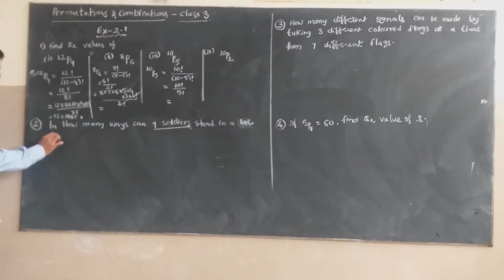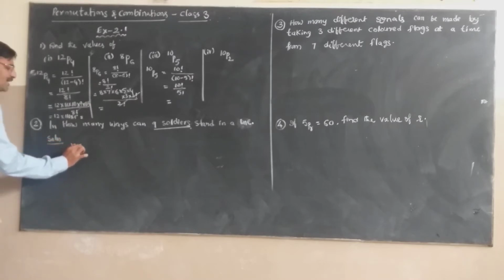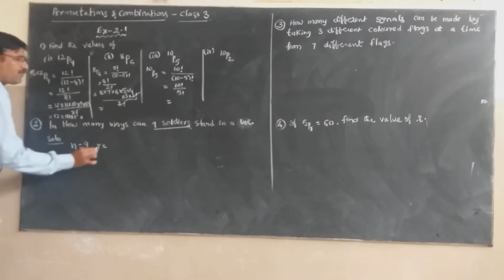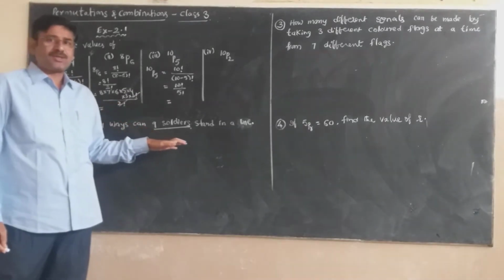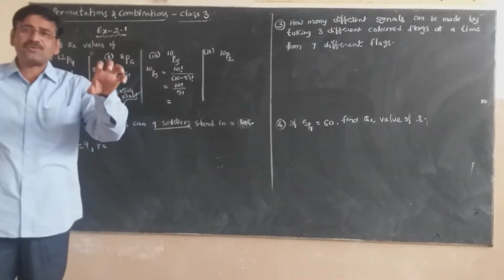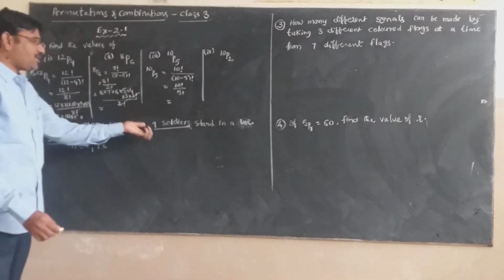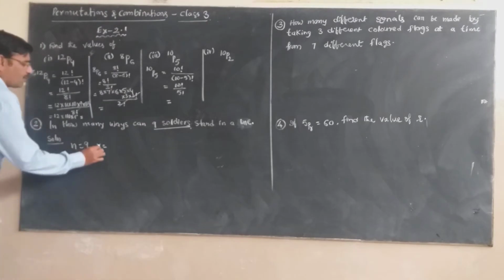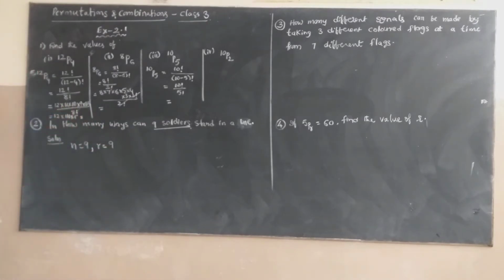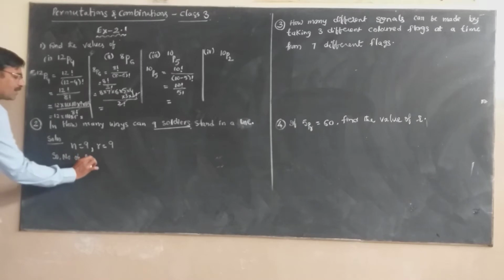Coming to the solution part. Here n is equal to 9. What about r? Out of these n soldiers, how many soldiers are to be arranged in a line? 9 soldiers. So therefore r is also 9. So the required number of permutations is equal to